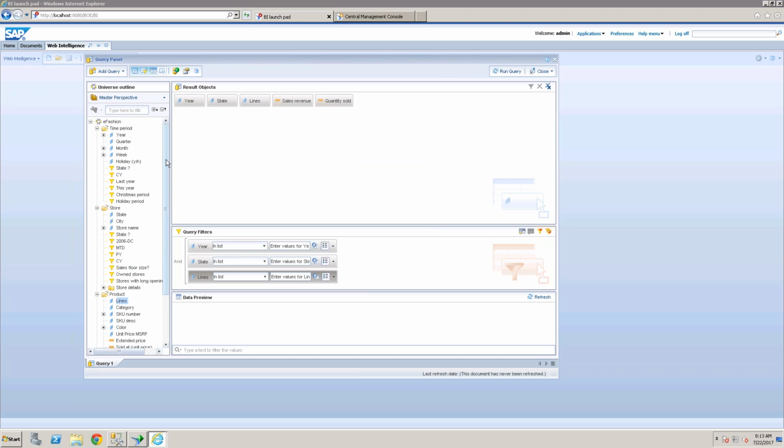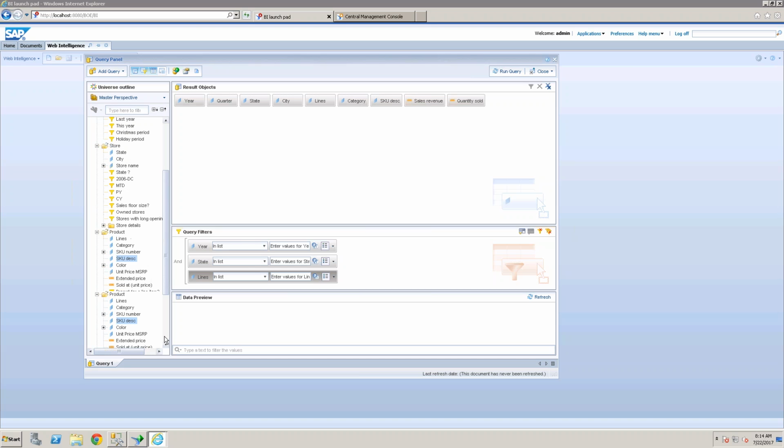Okay. Now, year, state, I want to see the detailed data, right? City, and also want to see the quarter data, and also category, and the description of the product, and also I'm having the margin, right? Okay. Now run a query.